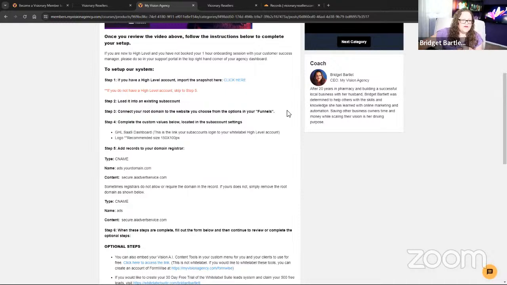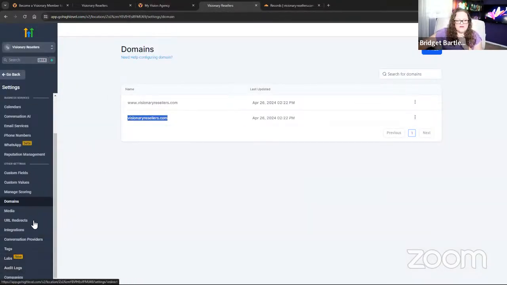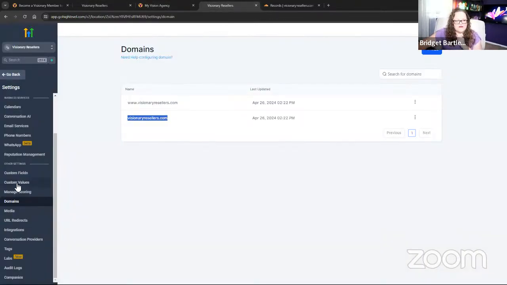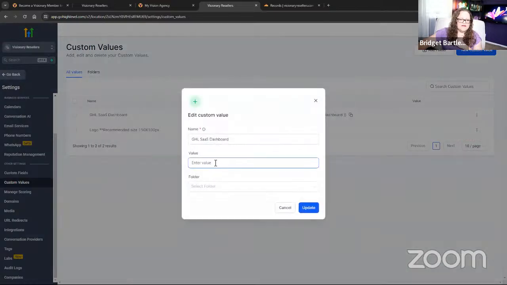Now, we've connected a domain. Now complete the custom values below located in the sub account settings. So let's go into our account, and you'll see I'm in the sub account already. So I'm in the settings, and I want to go to the custom values. And you'll see here are the 2 custom values. So what I want to do is click here and add the custom value,